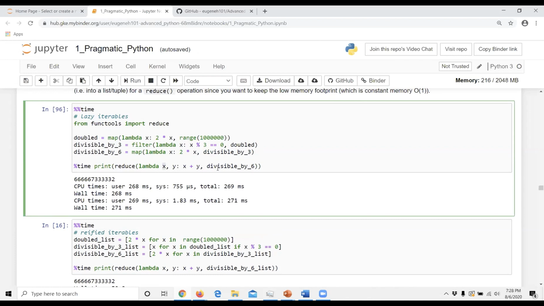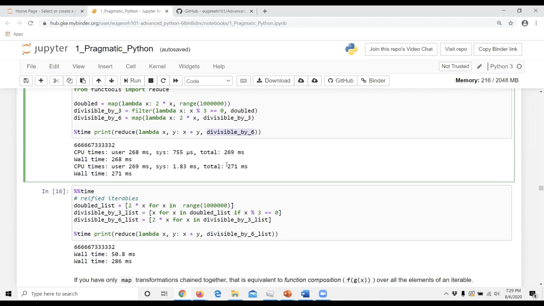So reduce, when it takes two arguments, is looking at the current value of the accumulator and the next element in your iterable, and then you do an operation, and the result of this expression becomes the current state of the accumulator, and then the next element of the iterable, and so on.